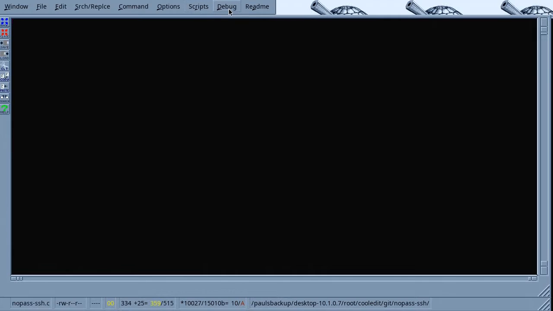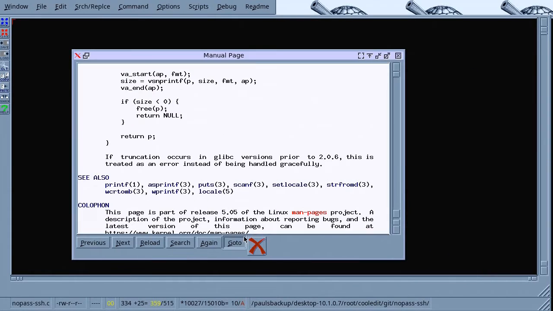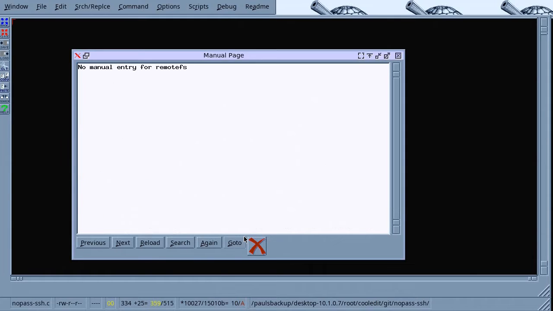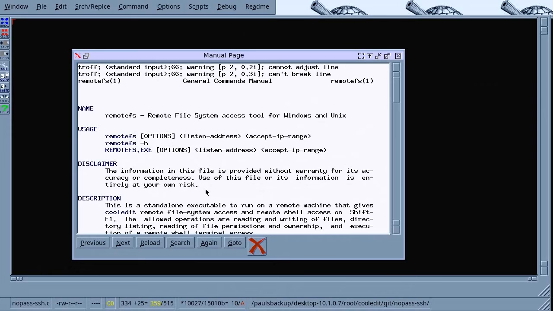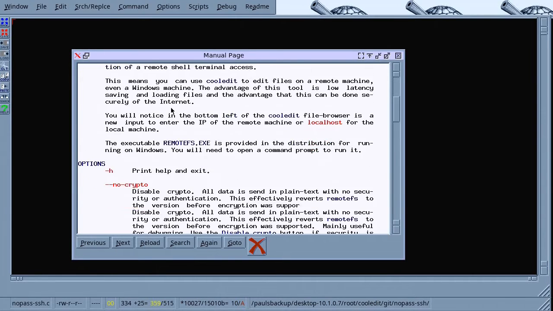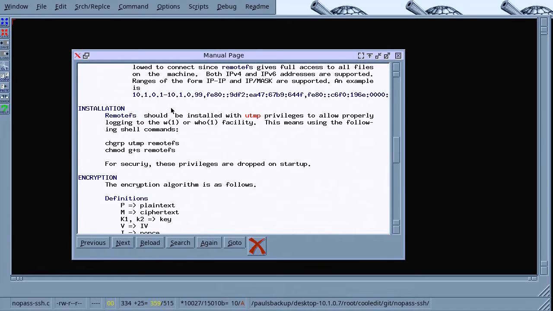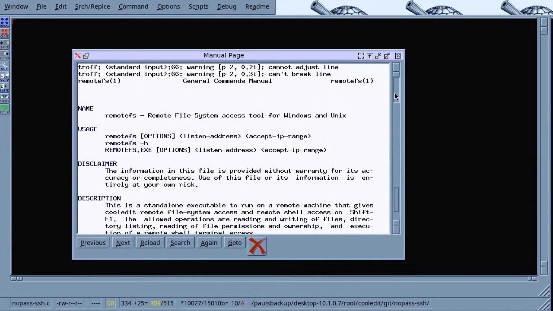So, for instance, if I go CH, I actually don't have this installed. I didn't install the package as development. Here's the Remote FS tool, and this will show you how to run Remote FS on any machine on the internet. Set up a cipher key if you want, and you'll be able to access that machine